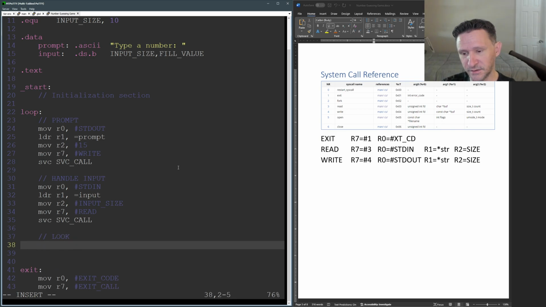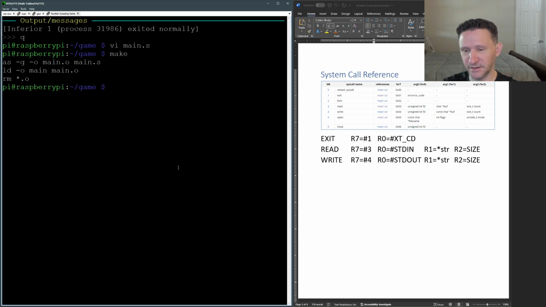So let's load a byte, a single byte, and let's load that into, say, register 3, and we want to load from register 1, and we want to look at 1 byte, just whatever the first byte is at the memory address, or we want to look at the first byte of whatever was typed in as input, and we just want to look at 1 byte for now. All right, so let's write that, let's quit, remake, and let's look at this in the debugger,